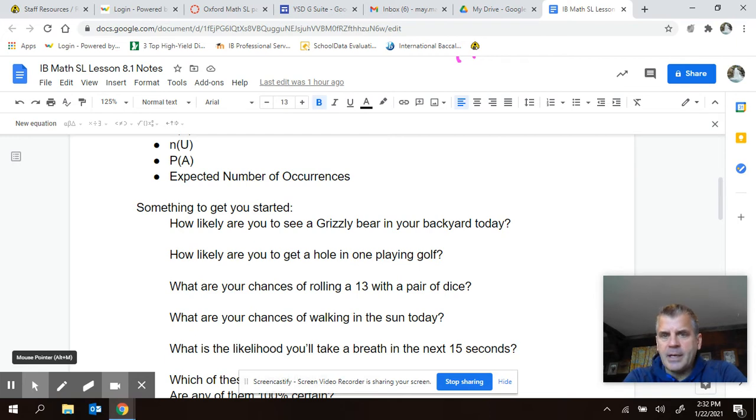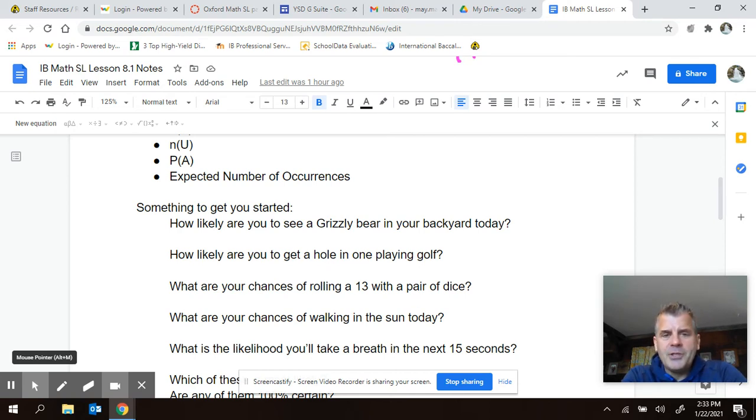So your chances of seeing a grizzly bear in the backyard probably has a lot to do with whether the traveling zoo has come through Yakima. And then the chances that in the traveling zoo, the grizzly bear broke out of its cage and ended up in your backyard. So it's not likely that that is going to take place, but is it impossible? And that's the next step to it. Is it impossible? Is there a 0% chance that it's going to be in the backyard? Probably not. Is it really close to zero? Probably. All right.